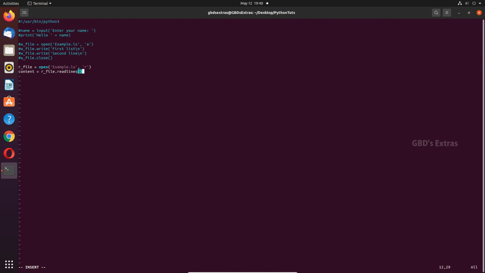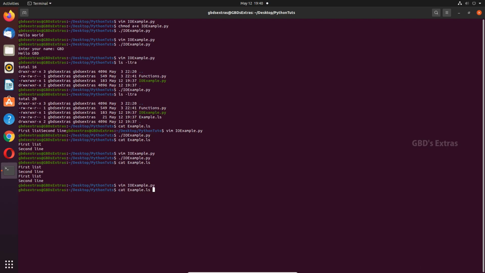So what this will do is it will read all the lines and store them in the variable content. Now I'll close the file. R file.close. Now let's print this and see what is the content there. Okay. So now as you can see here, the contents of the file have been stored in a list.